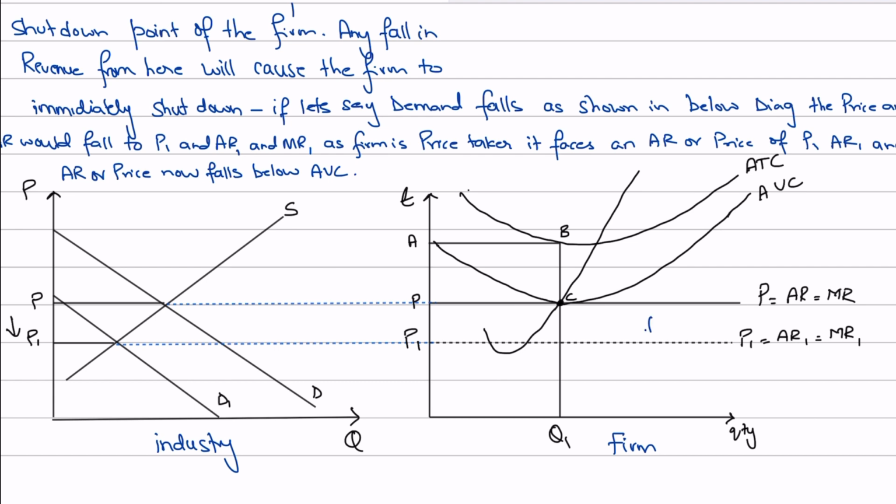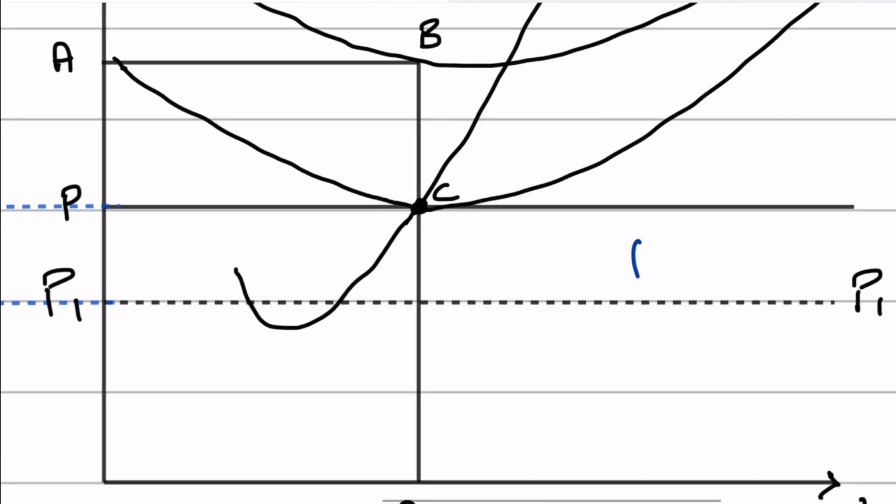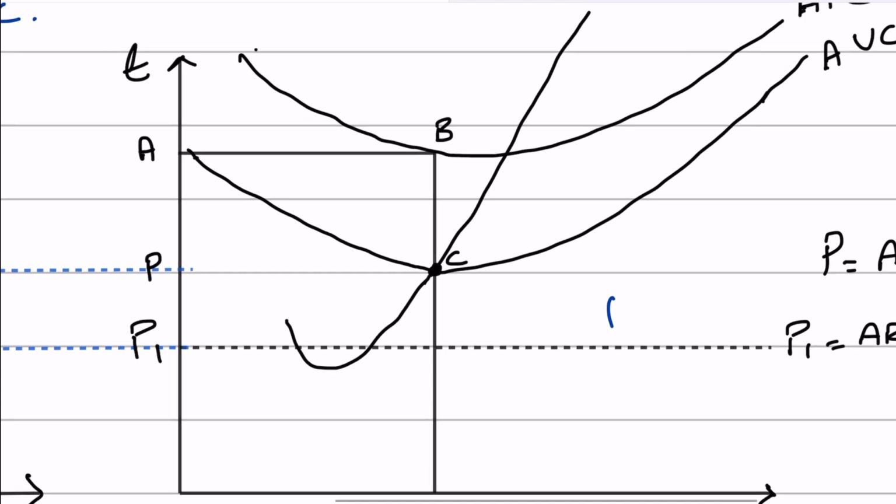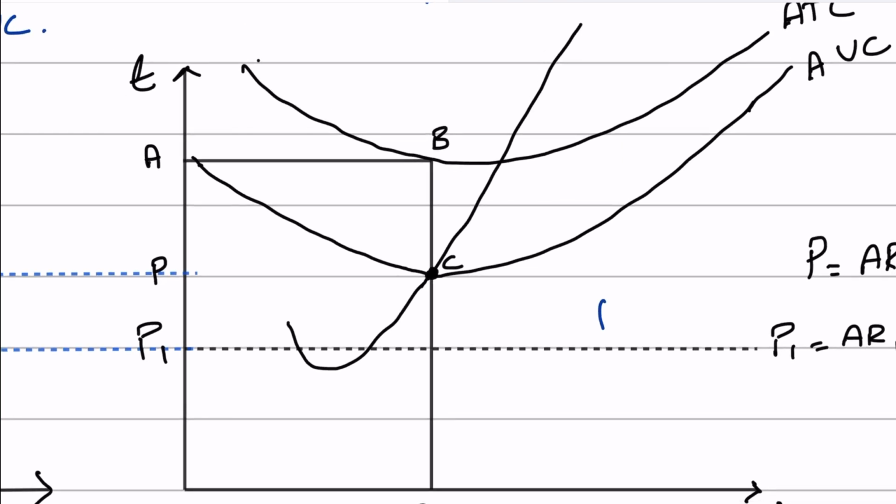It shifts downward, right? And now the new price will be P1. They will sell at the new price. But you can see that, let's say if I remove the old price, so you see now the new price is below the average variable cost, right? Because the average variable cost is above the new price, which means that